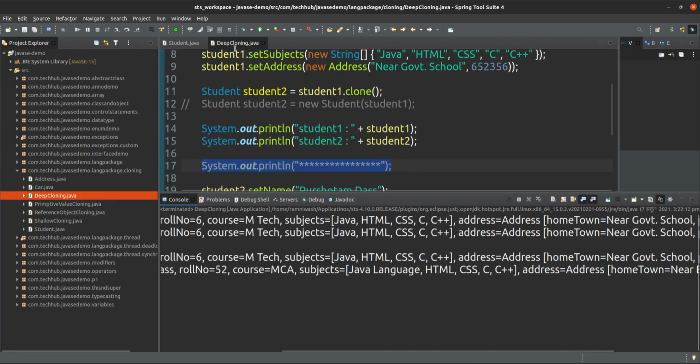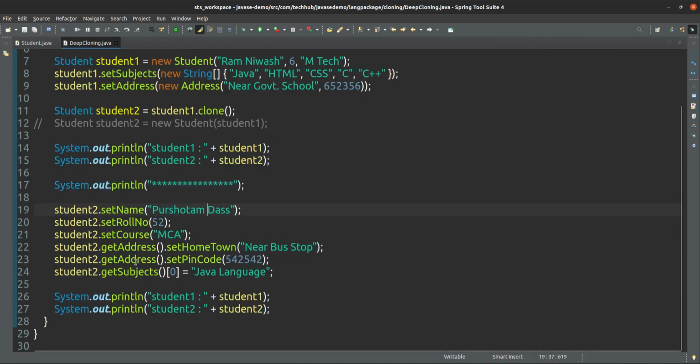If you see the code here, yes, I am changing for student2 the name, roll number, course, address and subjects. I am changing only the first element of subjects, because subjects is nothing but an array. From that array, the first element only I am changing to this value, from Java to Java language, that's it.